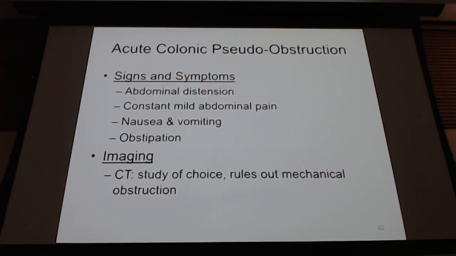Distension, and mild abdominal pain, nausea, vomiting, obstipation. What does that mean? There's constipation, there's obstipation. Obstipation: I'm not doing anything. I didn't try. Nothing's moving at all. No bowel movement whatsoever. So CT, we want to make sure that we're not dealing with some type of bowel